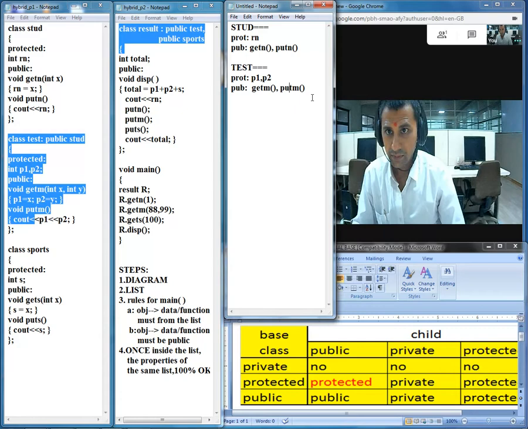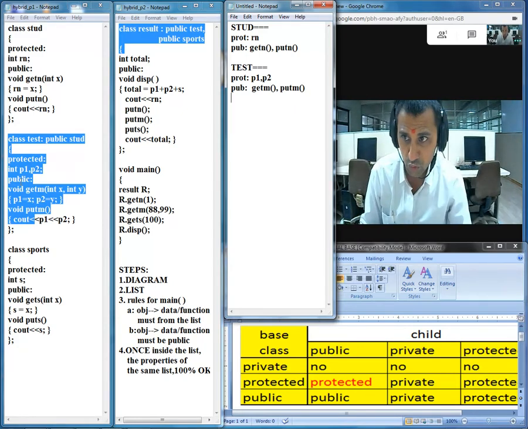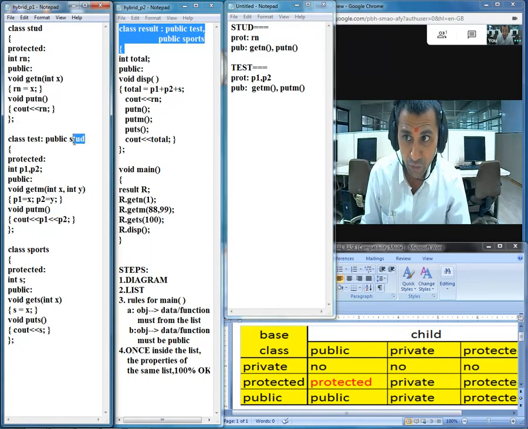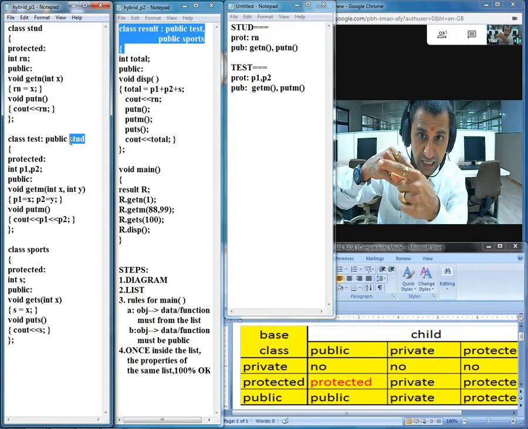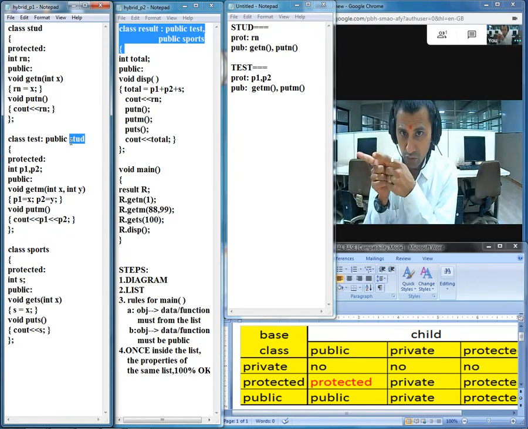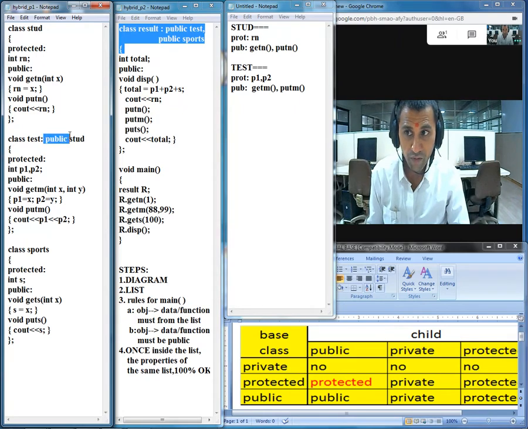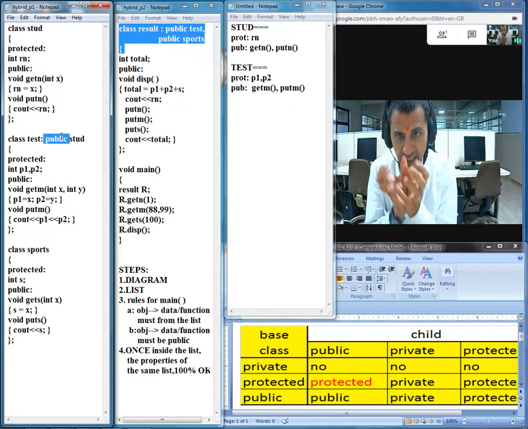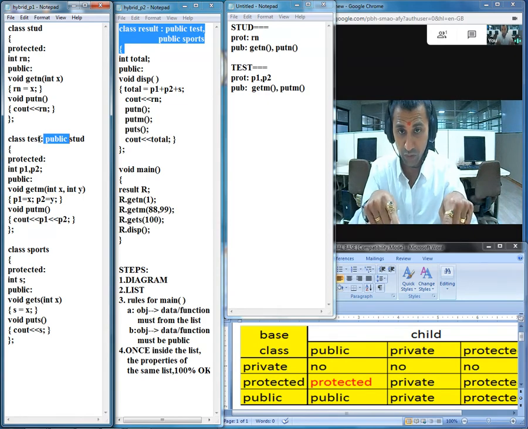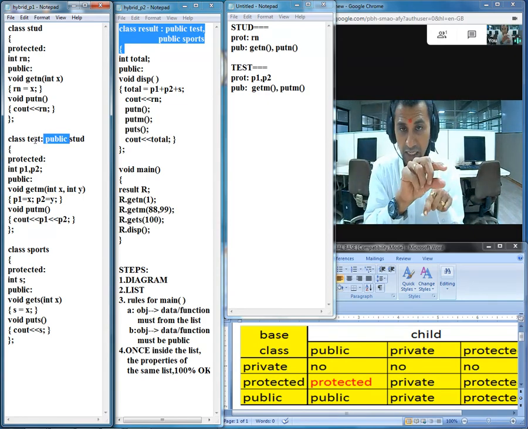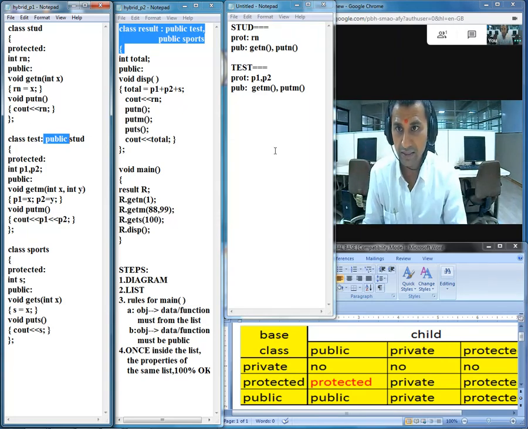But once again let me remind you, this is not the end of the list, because we are supposed to add the content of student and merge it into the child class test. And of course don't forget the mode of accessibility. Class test is receiving those properties and putting them into the public mode. So once again you have to be very sure, using this table, base class mode along with the child class mode, where exactly they intersect, that will be the mode for storing the details.